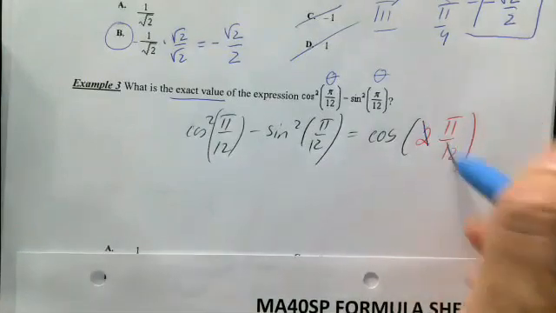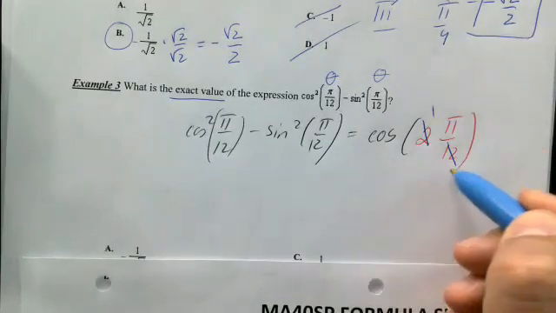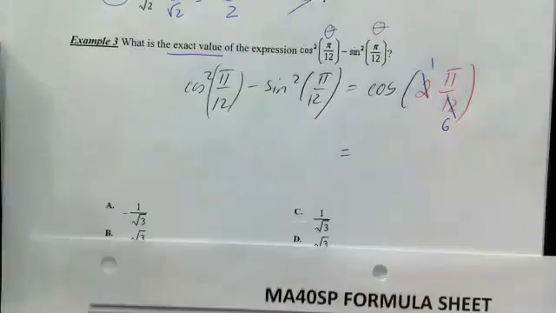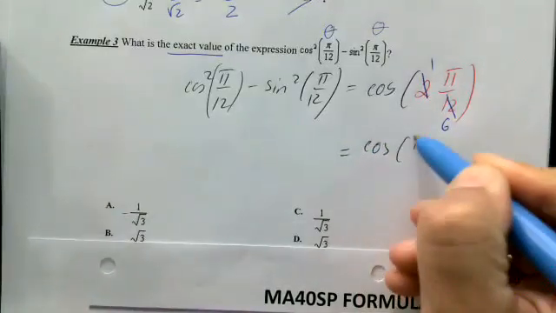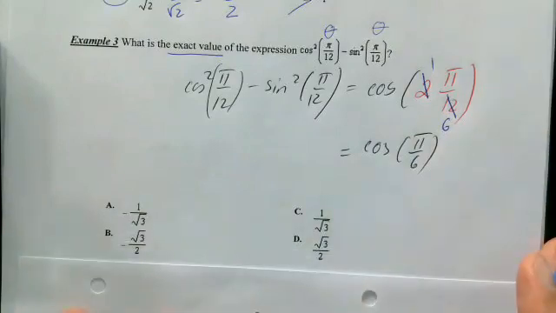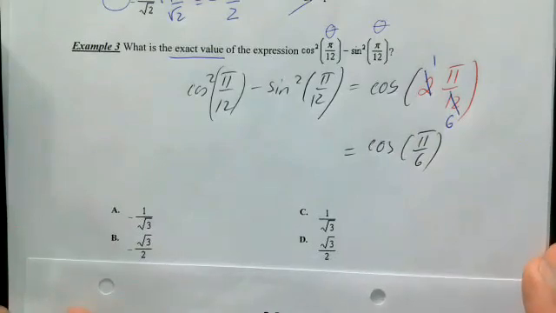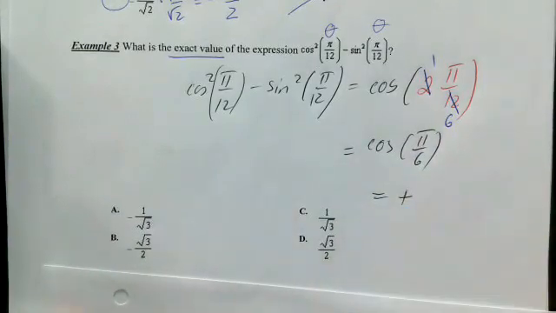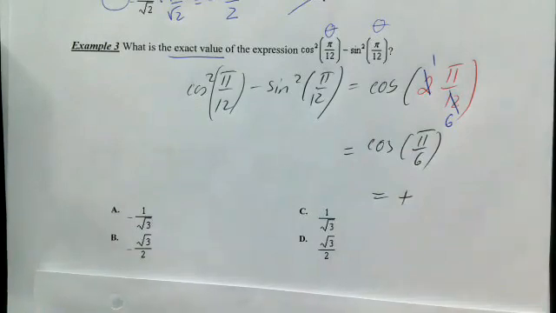So when we double the angle pi over 12, we get to the angle pi over 6, which is an angle you know how to get values for. So cosine of pi over 6. This is nice and easily placed in first quadrant, pi over 6. So positive cosine, the first coordinate of the unit circle points,